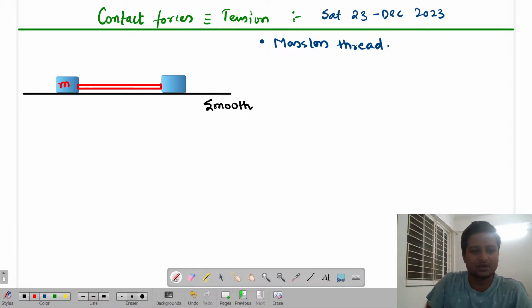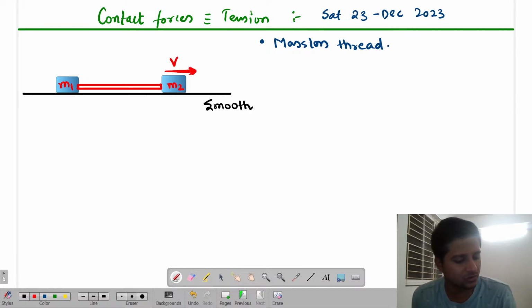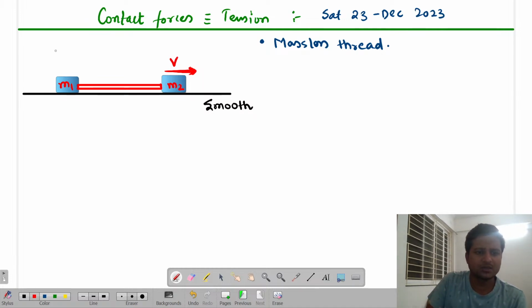So let us think of mass m1 and mass m2. Now I tried to pull this mass m2 towards the right. I just tried to provide some velocity. मतलब इस mass m2 को थोड़ी सी मैंने एक velocity provide कर दी right की तरफ. Are you able to get me or not? तो क्या होगा, पूरा का पूरा सिस्टम थोड़ा आगे बढ़ने लगेगा, है कि नहीं?